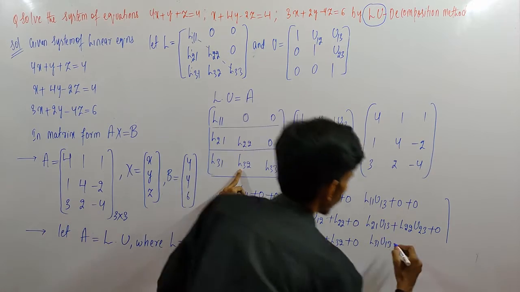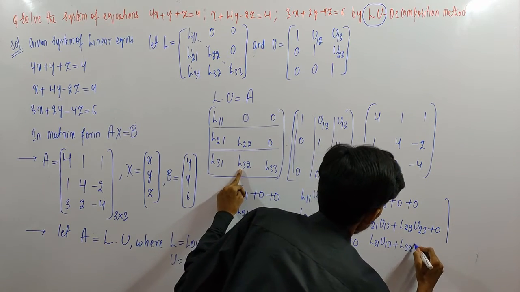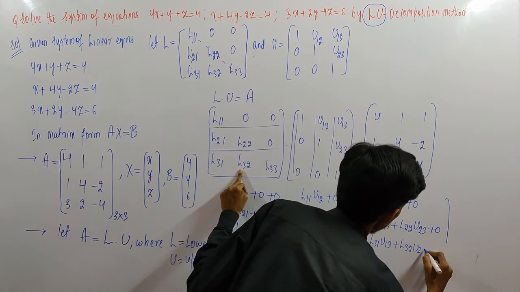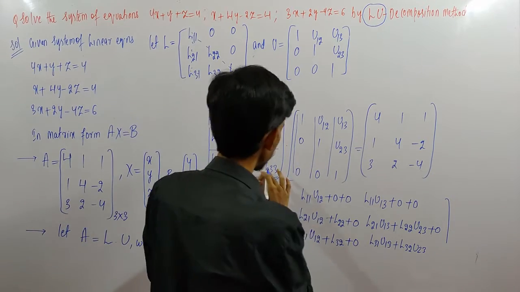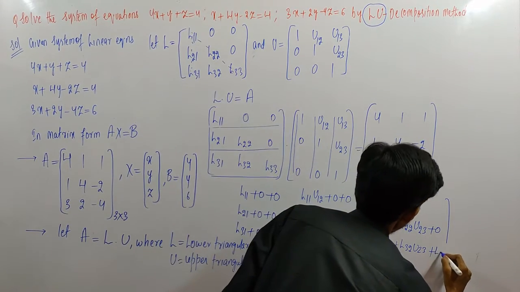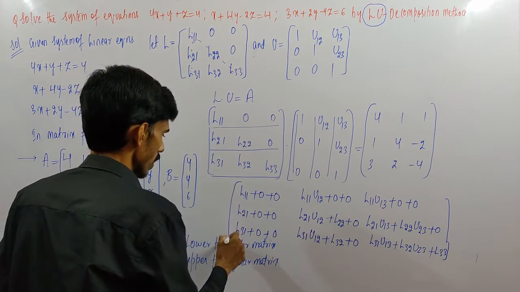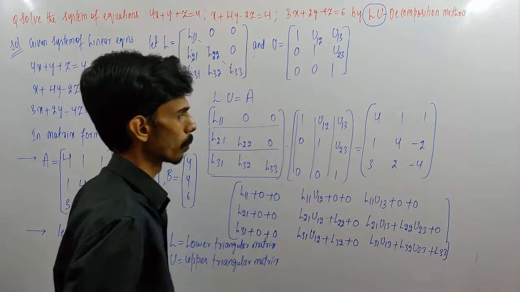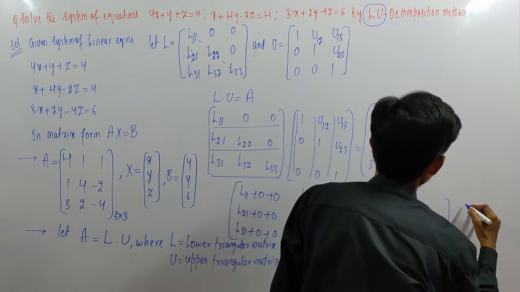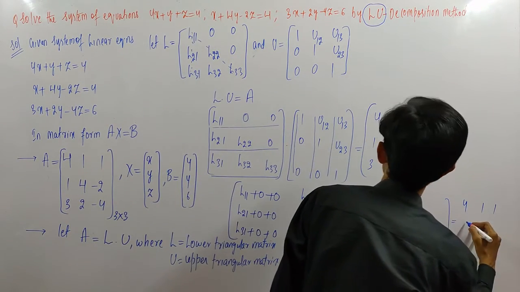Next L32 U23 plus L33 into 1, L33. We have this resultant matrix of this L into U is equals to, we have 4, 1, 1, 1,